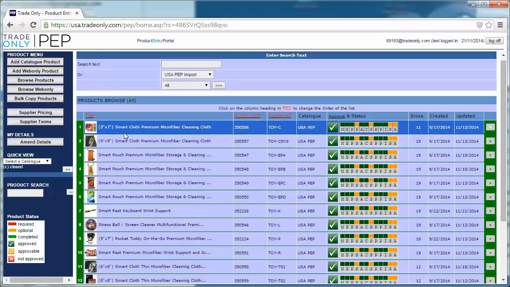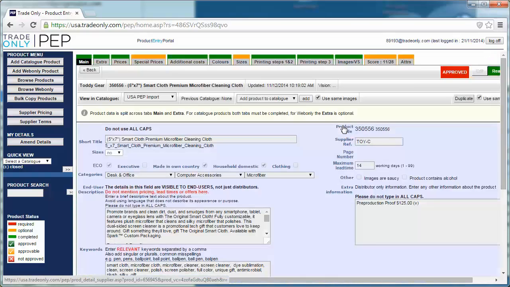Okay, so if you want to view any of them, you just click on any of these letters here, and it'll take you right to it. So we'll start with the M. So across here is all the different tabs of the different information. The first one is the main tab. It's the basic information. Here's the product title. Here is the supplier code. Here's your lead time, which is 14, and we're still going through and updating all those,